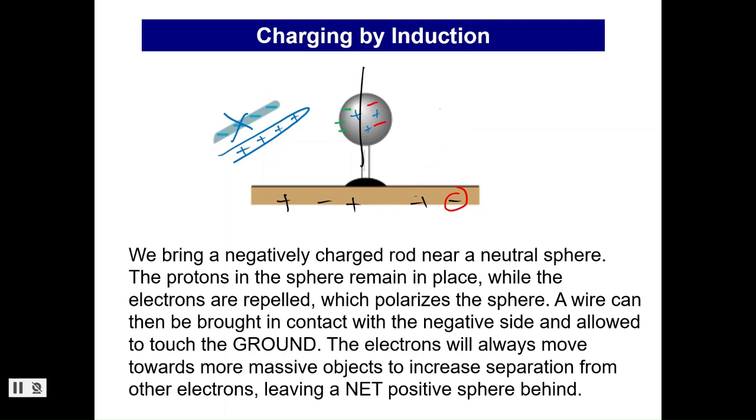I then disconnect the grounding wire, and notice that my ground is now also charged. It's actually positively charged in this case. And then I remove the rod, and then my electrons will redistribute themselves. So I've got my original electrons, and I've got my new electrons, and now I have a net negatively charged